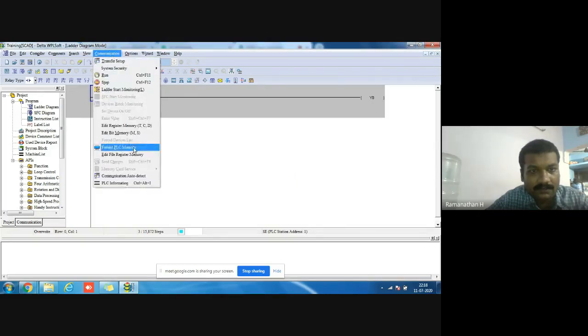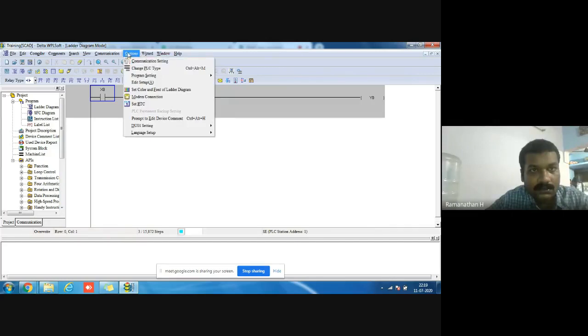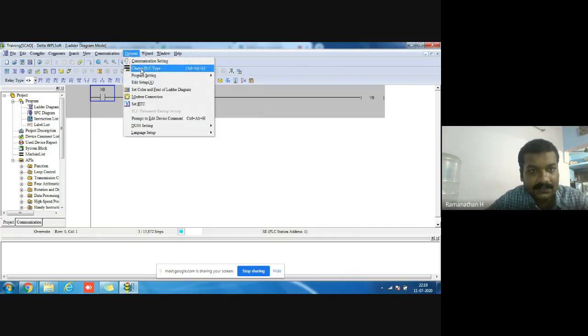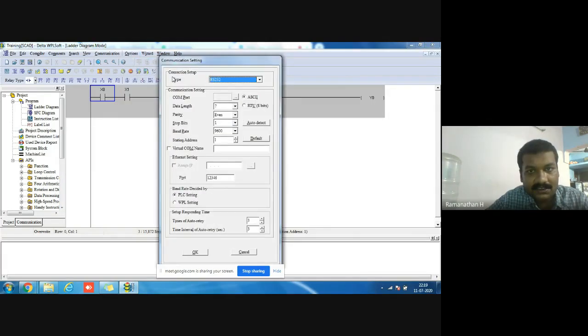Entire PLC will be formatted. In options there are the communication setups. Suppose you want to change the PLC type, go to options and change the PLC type. Whatever communications you need will be selected here.